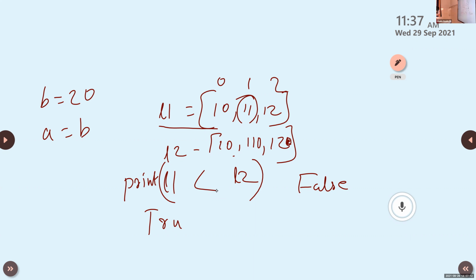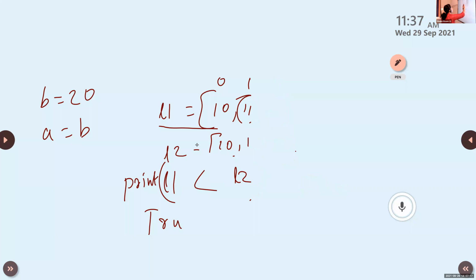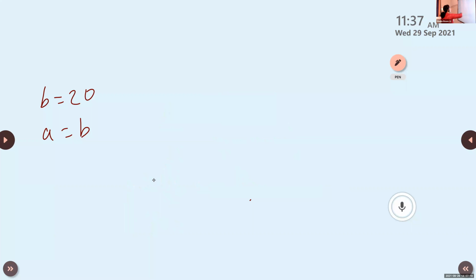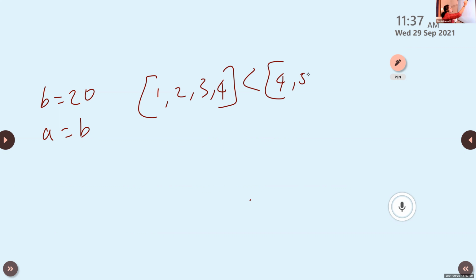Okay. So that is list comparison. I'll give one example based on relational operator. Write this example: 1, 2, 3, 4 less than 4, 5, 6.